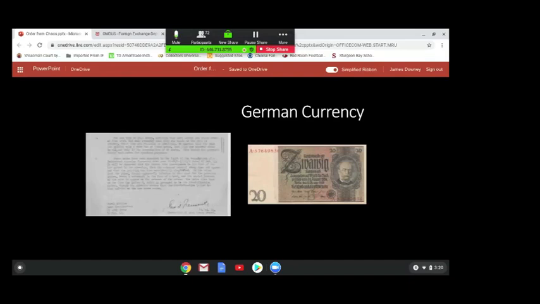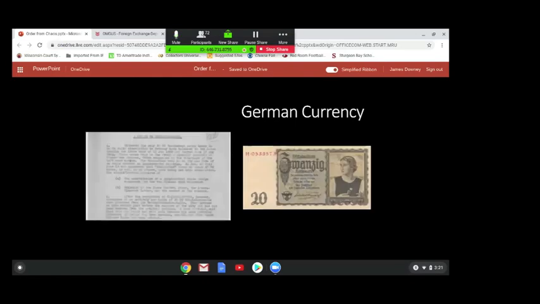And it goes through and describes it, and they're looking at the reports that we just saw about the change in the watermark, the lack of the letter, and so forth. And they're saying, well, this doesn't make sense because this one has a letter W. It still has a watermark of a face on it. And what they eventually discover is it's an entirely new note, which is the 20 Reichsmark note that is shown